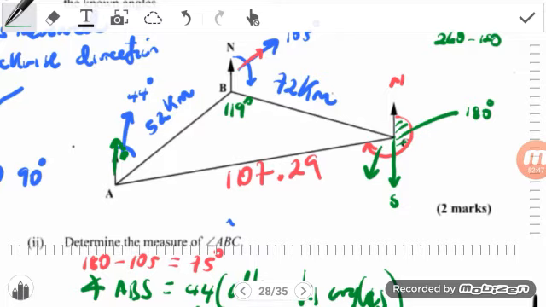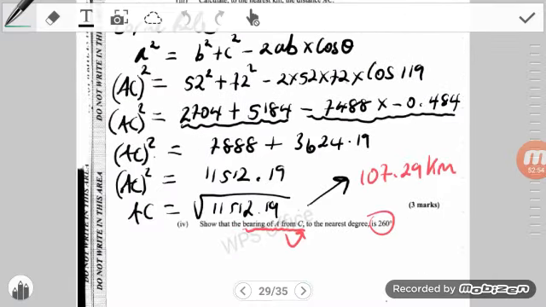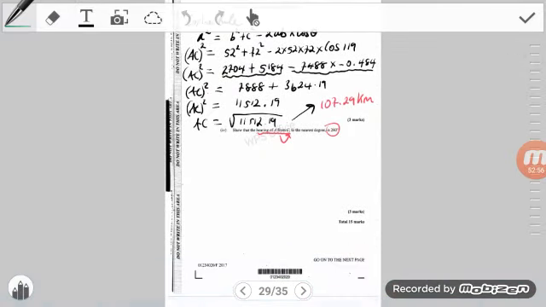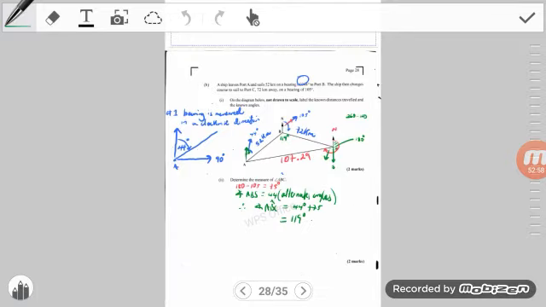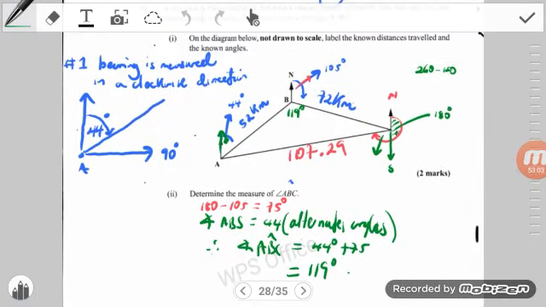Now we have three sides. All right, let's pay attention to the marks. Sometimes I like to look at the marks to see how much work I have to put in to get this answer here. 3 marks. I know that I'm going to have to do some work to get this answer. All right, so when I look at this, guys, I'm thinking that maybe,